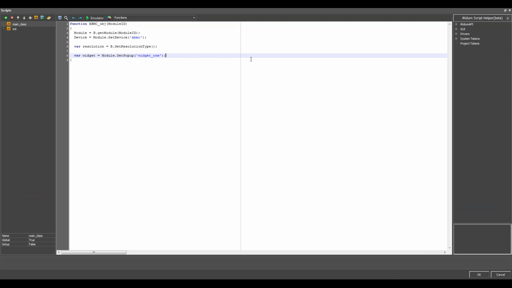Okay, and now I want to get the link to my button. So create a new variable, for example, open remote button, and now I should use the widget variable dot get item and the name of my button.